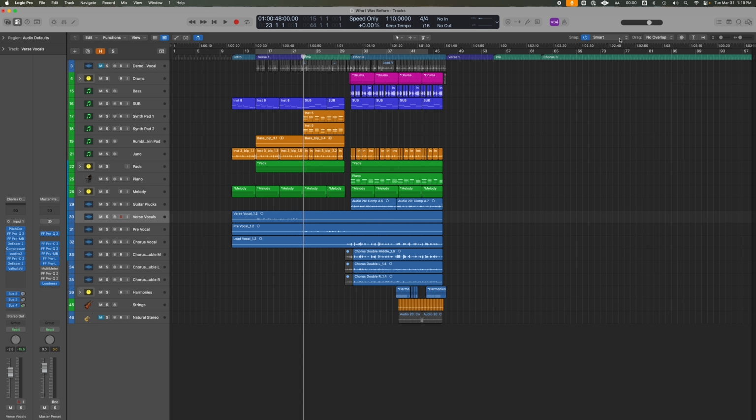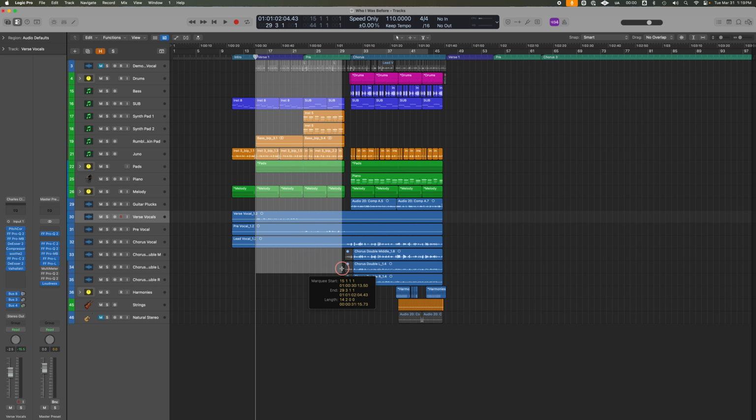your snap here is set to on. So make sure it's blue. And I would set it to smart. If this is off, it's fine, but you risk your movements being a little bit cavalier. So you have that being on. Snap means the playhead and your marquee actions are going to be relevant to the grid. So if I marquee, let's say I want this verse and pre-section to be over here, I can marquee this entire section all the way matching to the grid.